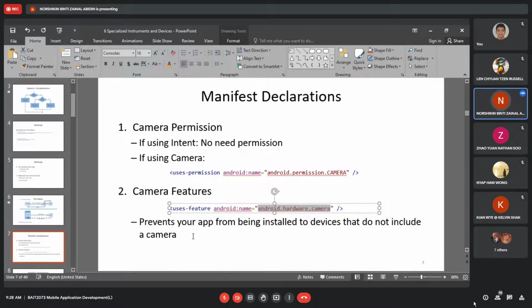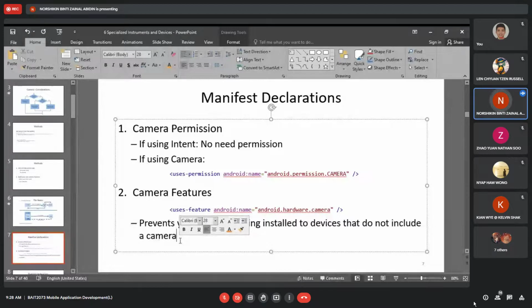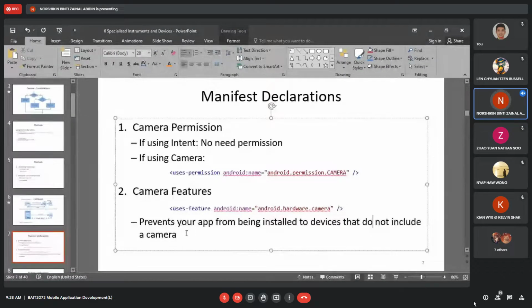I can't really give you an example because the device here is your smartphone, and I can't think of any smartphone now that doesn't have a camera. They will have at least a basic camera function, but of course you still need to ask the permission. But here they said, yes, prevent your app from being installed to devices that do not include a camera.